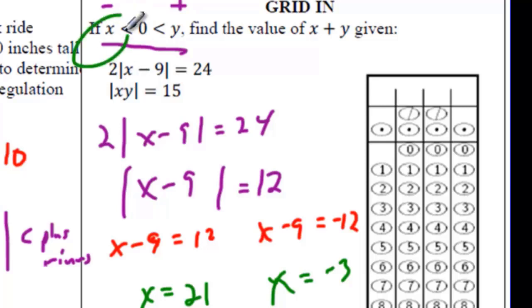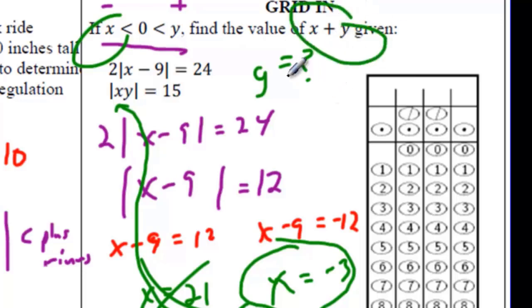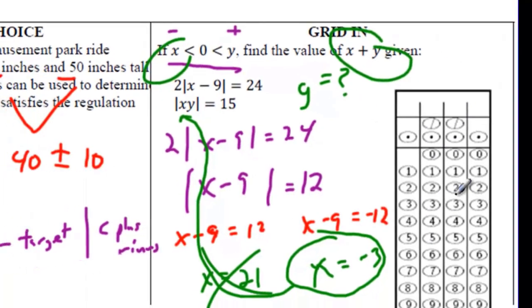But what does x have to be? x has to be the negative one. So I know the x has to be this. This is not the right answer. So once I have x is negative 3, just plug it in there. x is negative 3. Plug it in here and tell me what y is. You can probably do it in your head. y's got to be what? Then once you get whatever y is, add negative 3 to it, grid it in over here, make sure you bubble it,